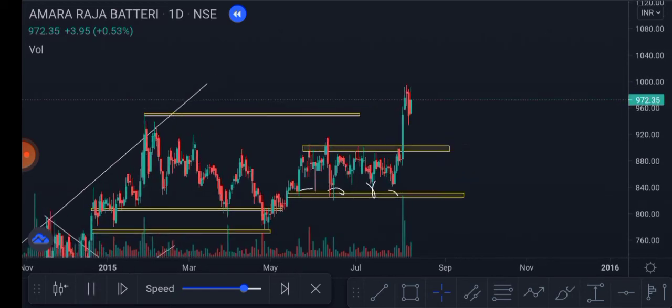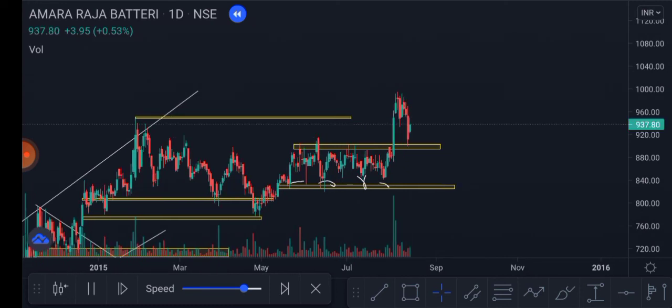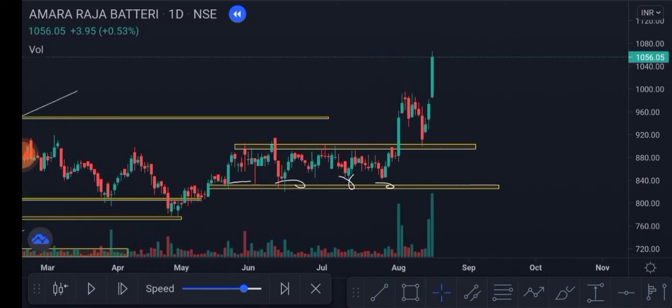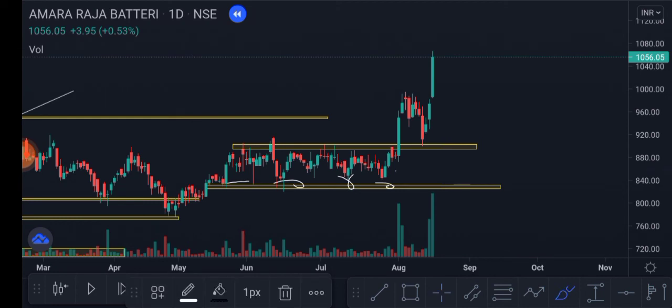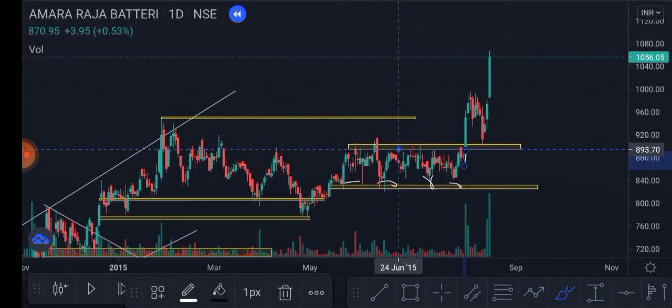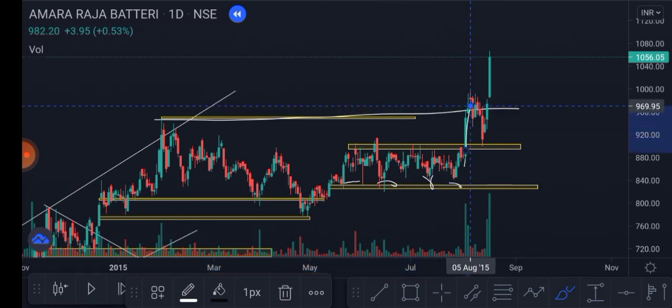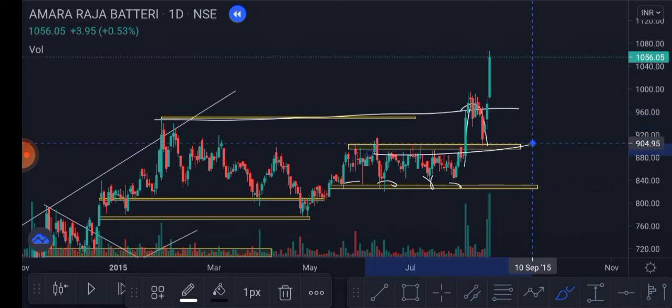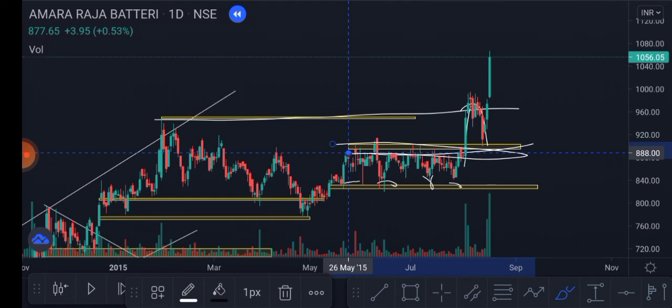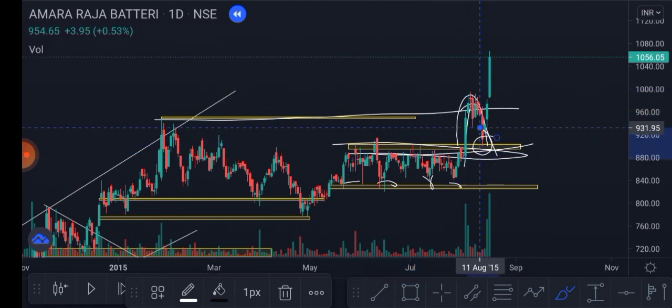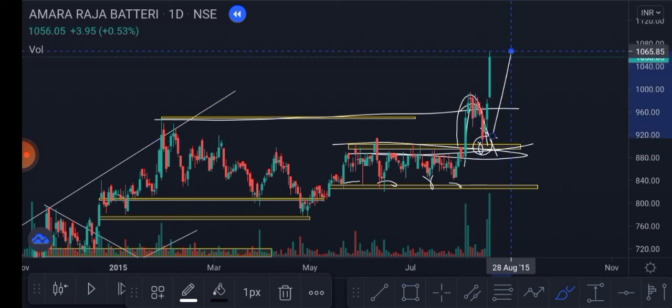Okay, let's run again. Okay, what will be our analysis now? See, wait, we missed it. Okay, I'll just explain. This was acting as all-time high, and it will definitely act as resistance, right? It broke the all-time resistance and came for a retest. This area was previously acting as resistance, and now when the price is approaching from upside, it will definitely act as support, right? And as and when market fell to this area, there were so many buyers who were interested to buy Amara Raja batteries, and there is an increase in demand, and price moved to all-time high again.